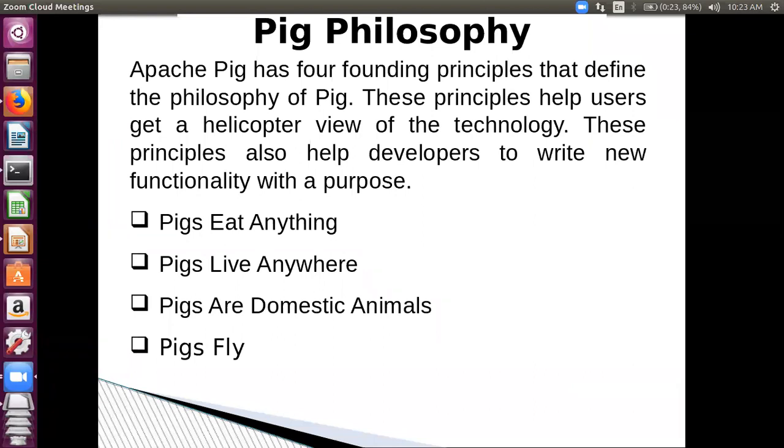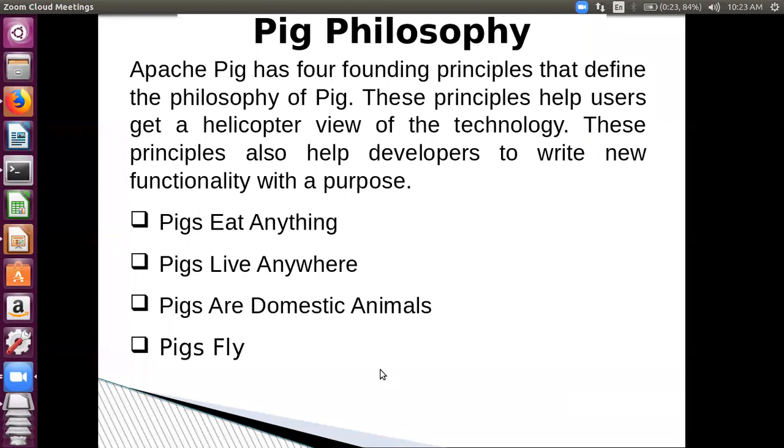And domestic animals, I have no idea about. Pigs fly means they run at a very fast pace and even process larger files of gigabytes and terabytes by splitting them into a number of maps in just 1 minute or so. Okay, fine. Your answer is also correct, not exact, but quite close.